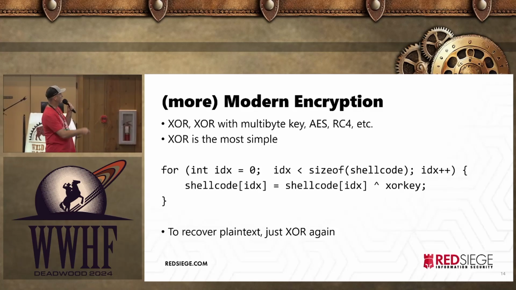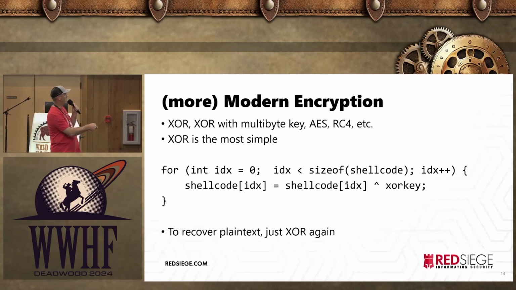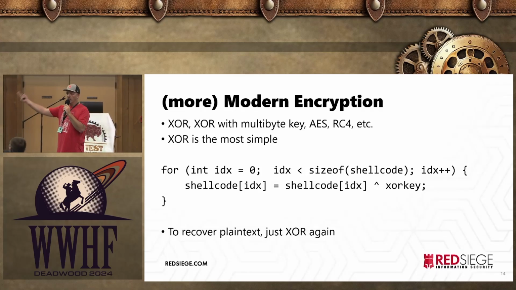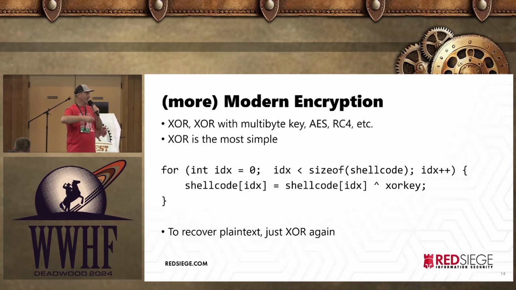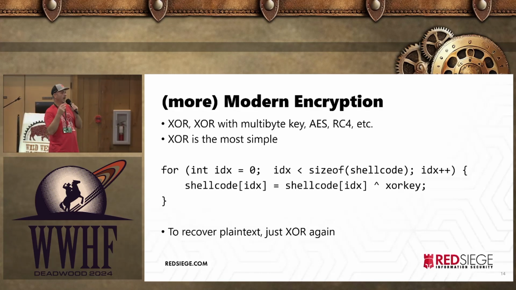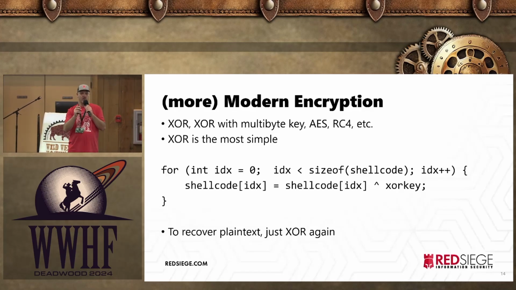It's a XOR. And so what happens is you iterate over your shellcode, and for each byte of your shellcode, you XOR it with the key. And the fun thing about XOR is that when you XOR something, you encrypt it, and if you XOR it with the same key, you get the plain text again. So this is a very simple encryption routine, and it would be pretty easy to brute force those signature bytes,